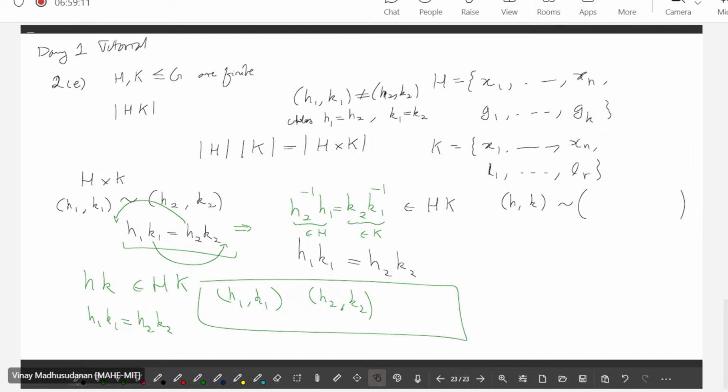Or can you tell me something else where if I multiply these two, I will get K? What is one easy way of ensuring that? One is to write H comma K. Another way,